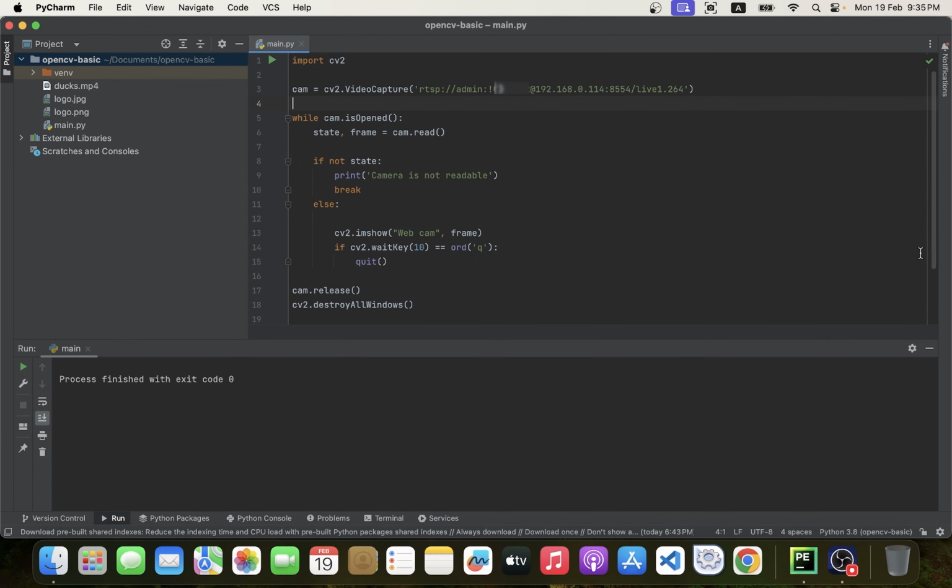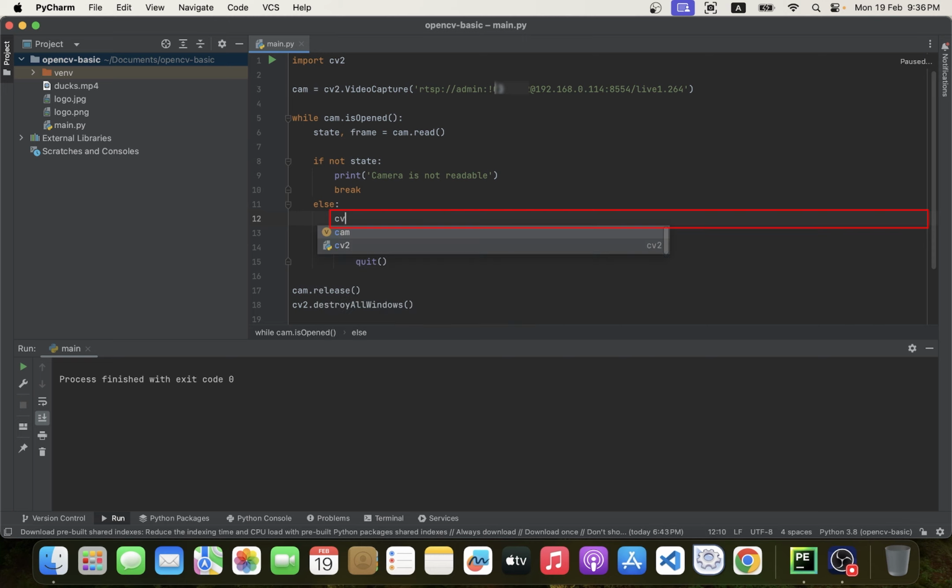Like we can add text on an image, we can also add text on video, on video cameras, on a web camera, and on a CCTV or security camera. And the way is the same. All we have to do is use the putText method of OpenCV. So let's do that. We can say cv2.putText,